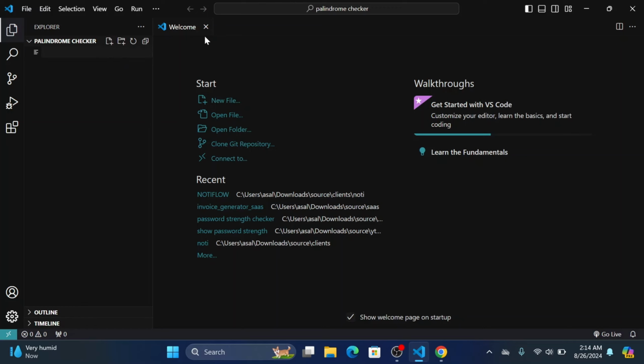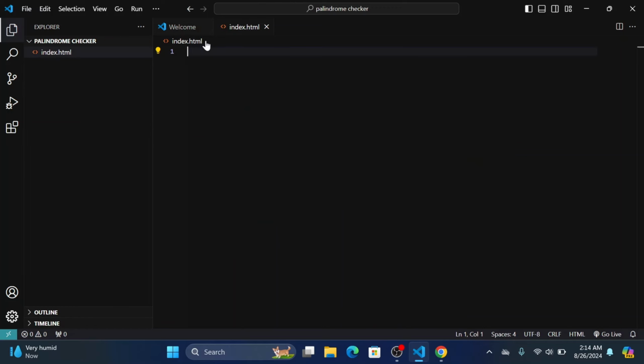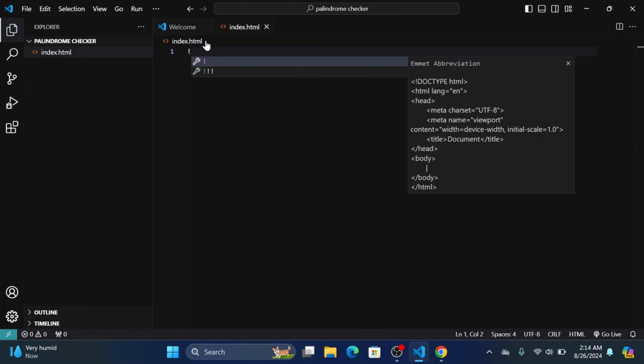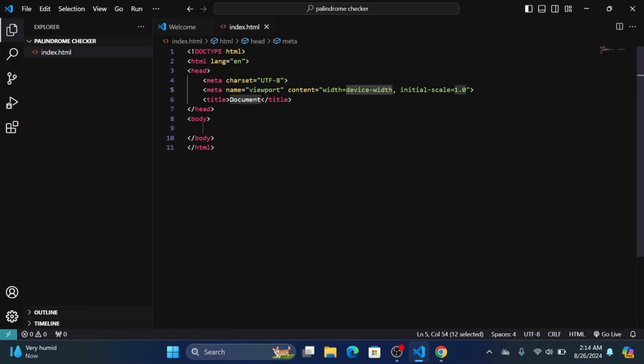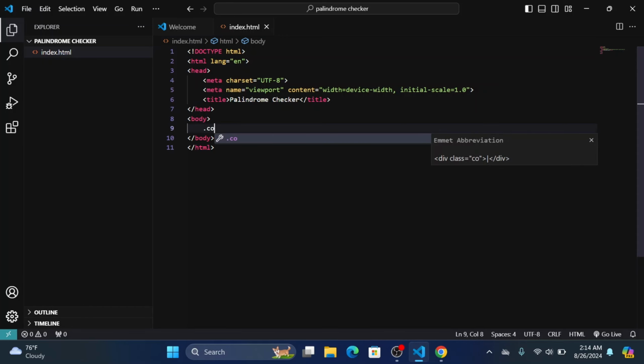To get started, let's create our HTML file, which we'll call index.html. Inside our HTML file, let's create our boilerplate code. Then we'll change the title to Palindrome Checker. Now, in the body of our HTML, we'll create a div with a class name container, and inside our container